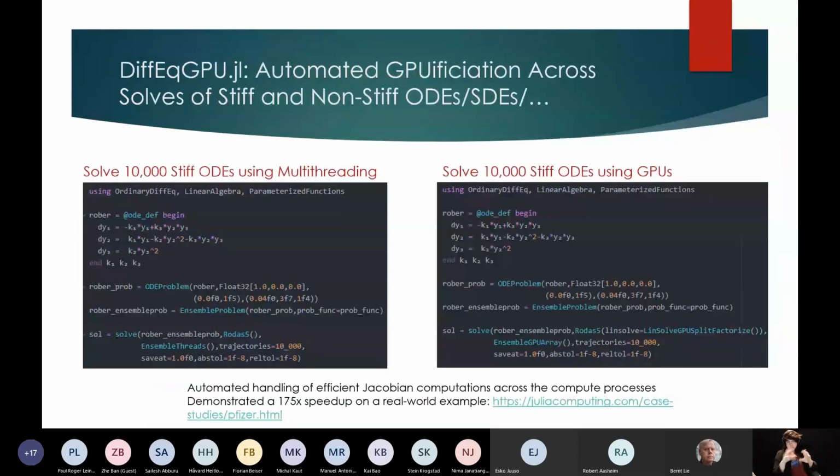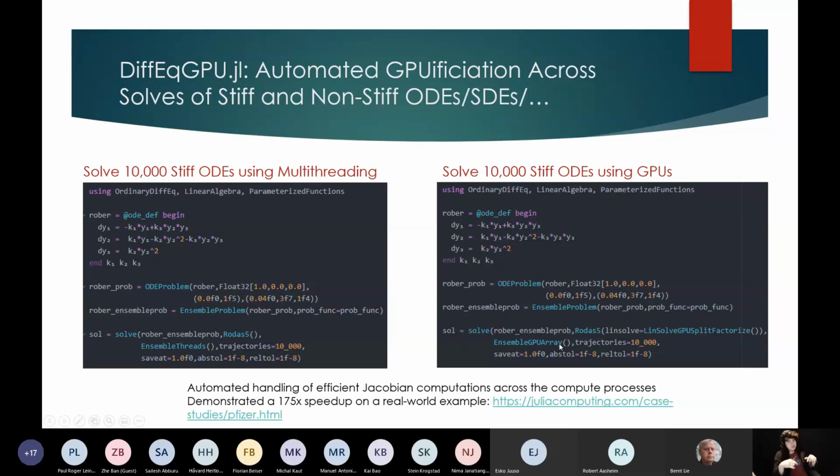And other tools that we have that are related to this is that we can take these small differential equations and re-index them in a way that is more efficient on GPUs. So even though it's a very small problem, like solving 3 ODEs in a few milliseconds, if you want to solve 10,000 trajectories of these really small ODEs, we can re-index your problem such that it becomes a GPU problem. So here is the full code difference between the GPU version and the multi-threaded version. Actually, this change is no longer required. Now it only requires changing from ensemble threads to ensemble GPU array.